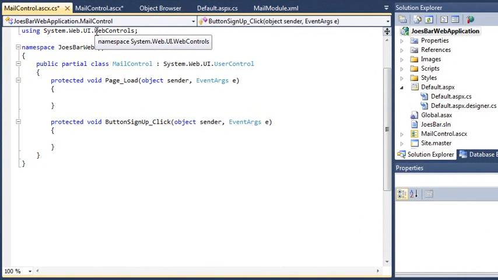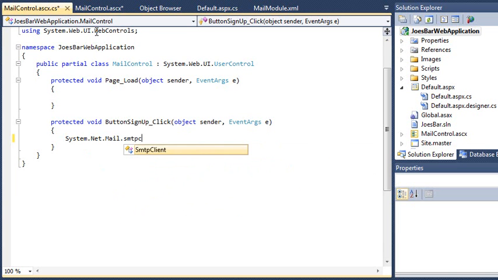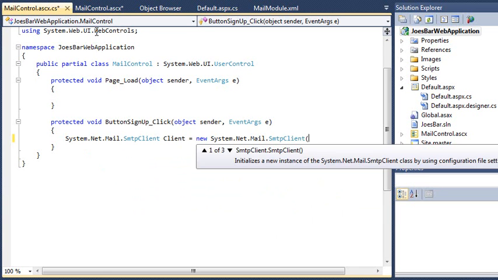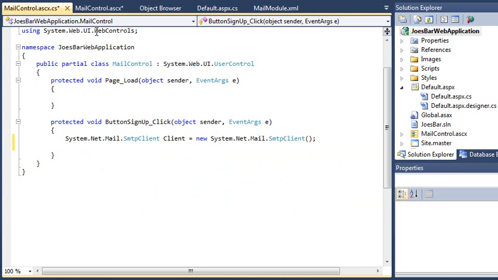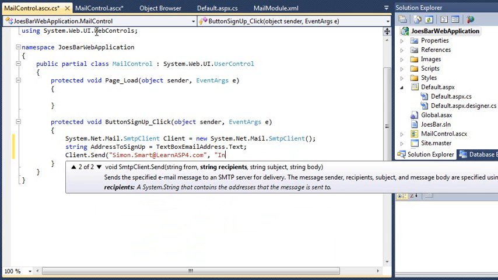And add the following code to the new event handler. system.net.mail.smtp client equals new system.net.mail.smtp client. string address to sign up equals text box email address dot text. client dot send simon.smart@learnasp4.com, info@learnasp4.com,